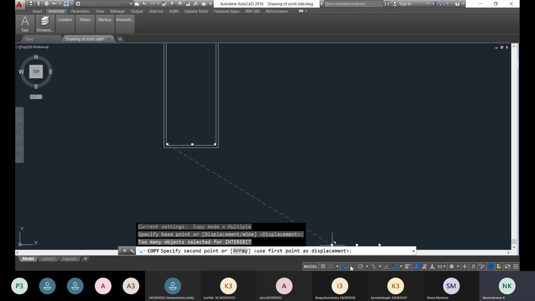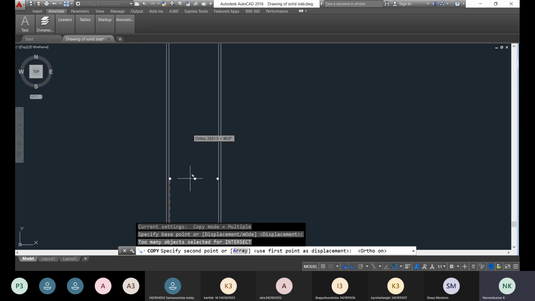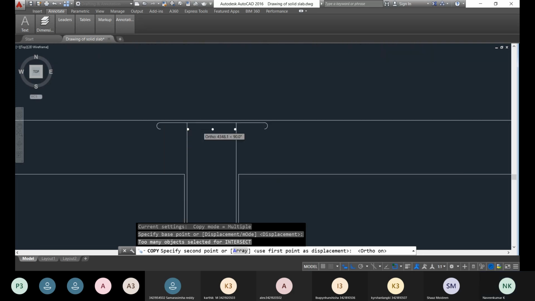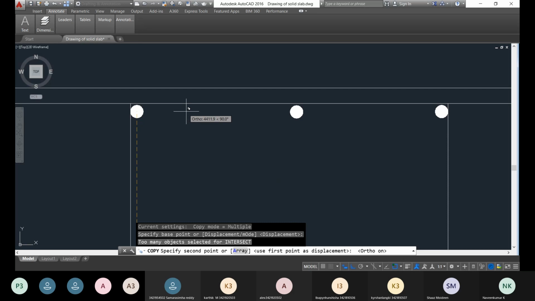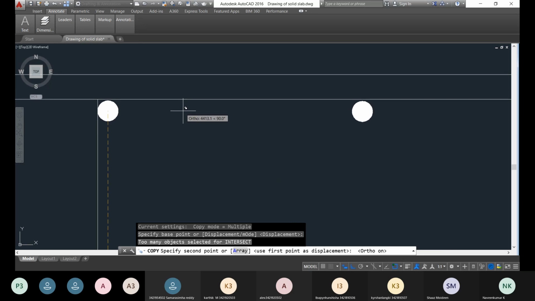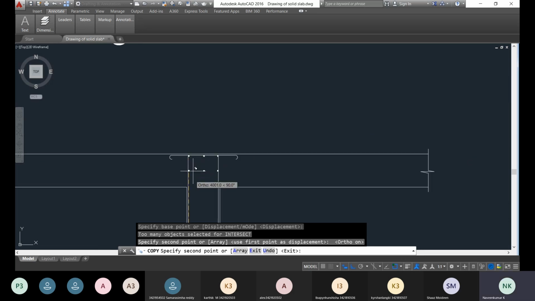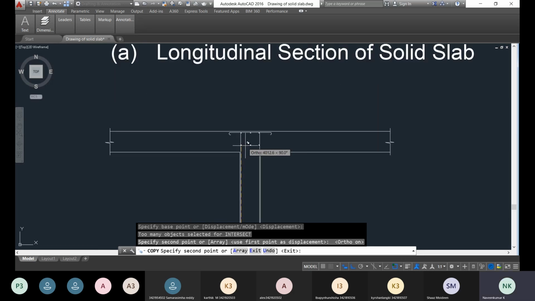Now you turn the ortho on so that the movement is directional. Okay, so the bottom portion is also reinforced.